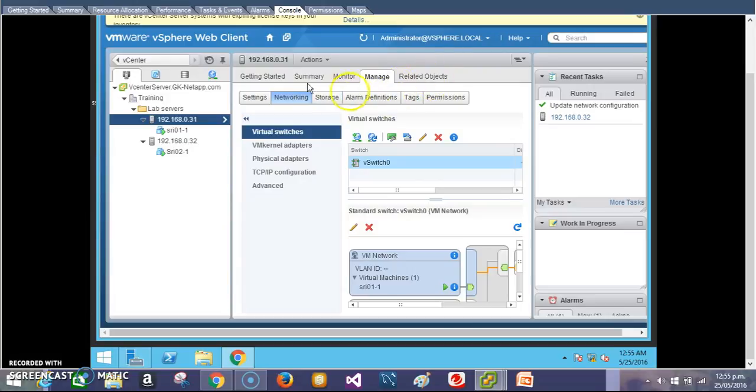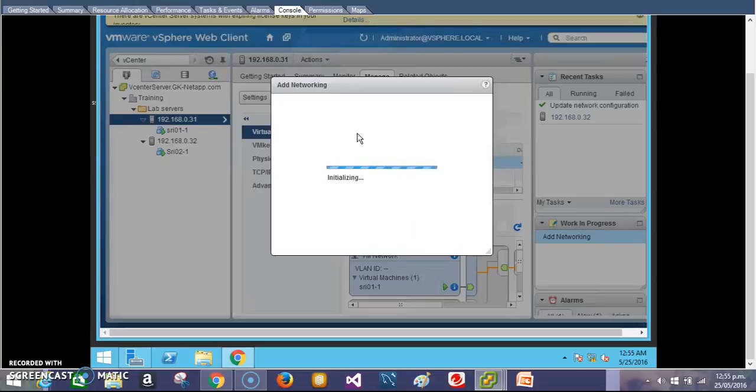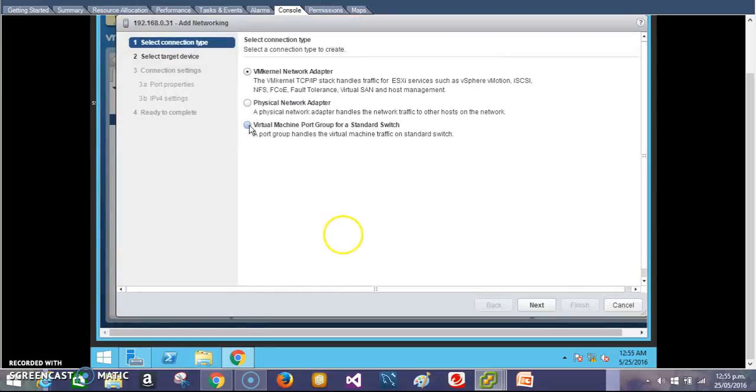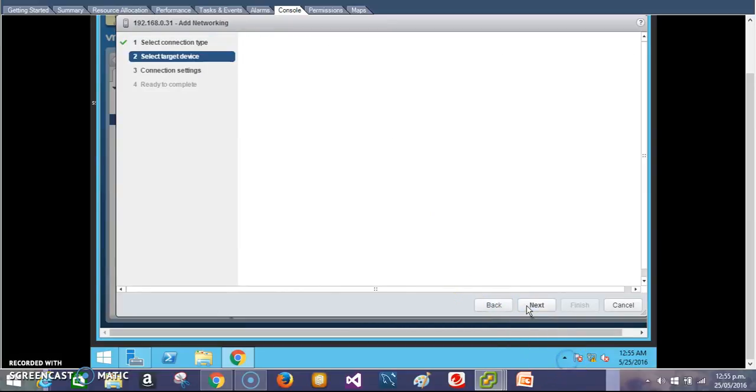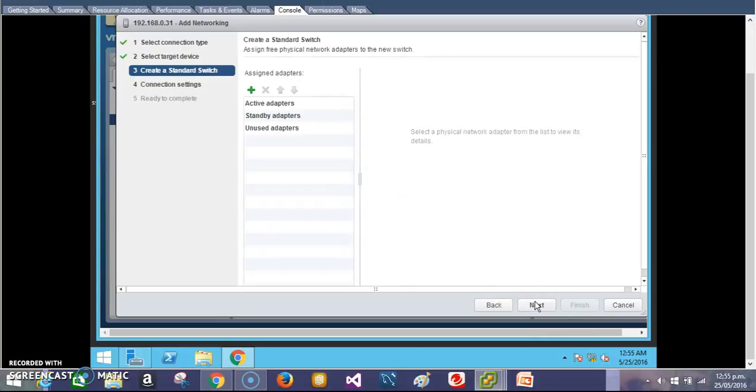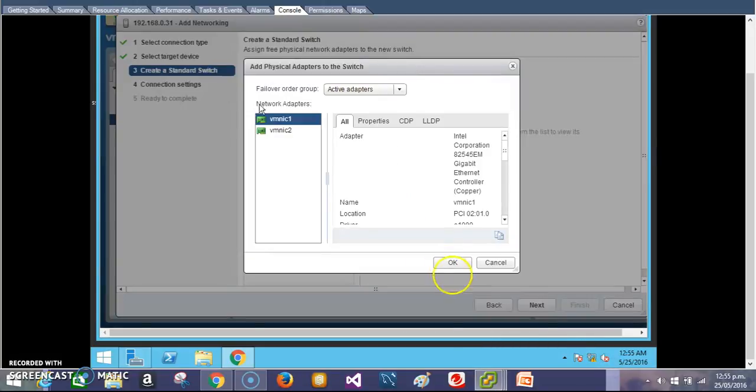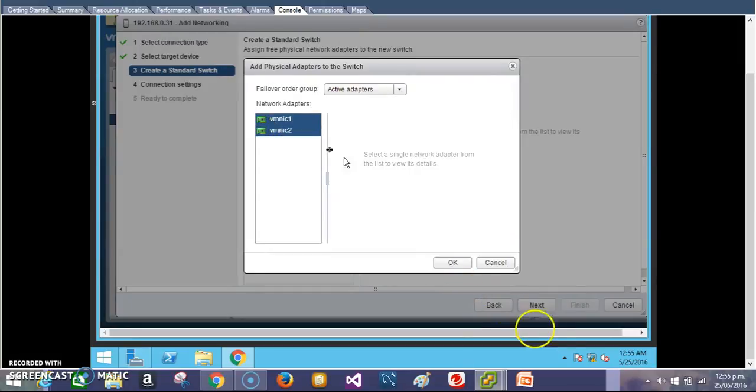Select your other host and select vSwitches. Click on Add Host Networking. In this page, select the radio button of Virtual Machine Port Group for a Standard Switch and click on next. Here you can select the New Standard Switch radio button and then click on next. Here you can add your network adapters. Select network adapters. Click on OK